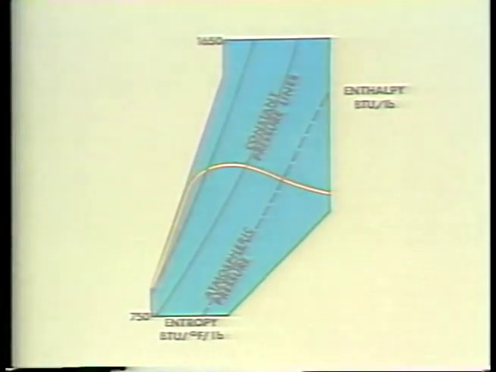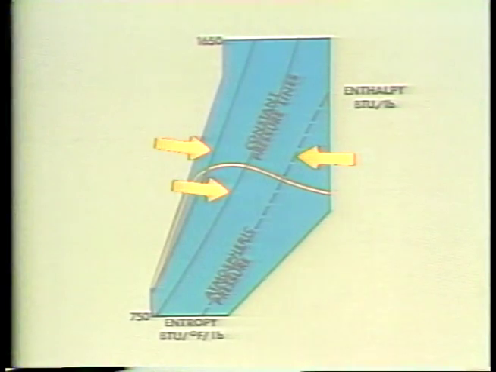Running diagonally from the lower left to the upper right of the graph are lines that look like this and indicate constant pressure in pounds per square inch absolute. The line indicating atmospheric pressure is a broken line, which distinguishes it from the other lines of constant pressure. If you need to determine the enthalpy of any point on the saturation line, you simply find where the appropriate pressure line and the saturation line intersect